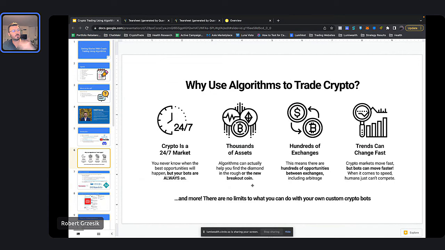And again, like I said, there's a lot more reasons behind this. Emotions get involved. Bots don't have emotions. There's things that you can do with bots that you can't do with human beings. Types of strategies that human beings are just awful at doing, but bots could be very good at because they're very quick. They're faster. They're in some cases smarter because they can look at a lot more data at a time. They don't sleep. They don't get emotional. Bots don't get scared if things are going down. They'll automatically just follow the right rules that you put into it. You could really make quite a bit of money using bots, right?